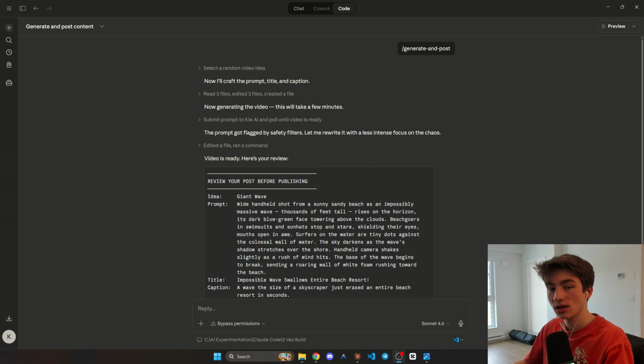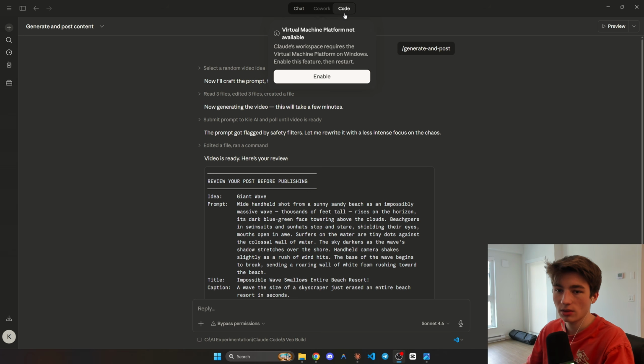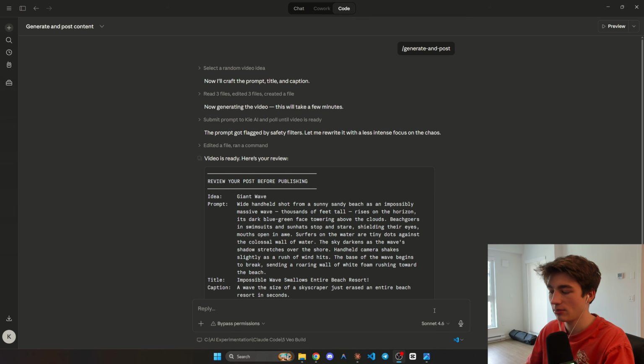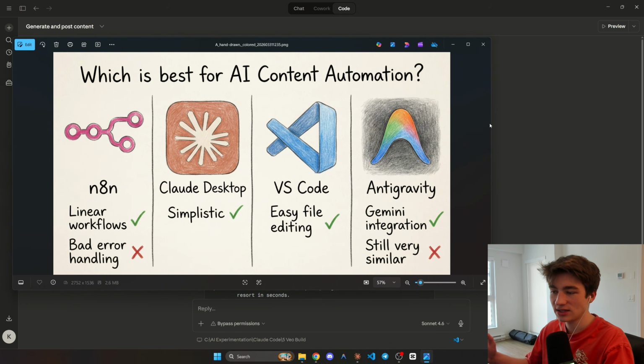Now, before we install anything, let's go over why we're using Claude Code in the Claude desktop app, which is this one right here, which is simplistic and made directly from Anthropic, and you have the little code button at the top here. So I have a diagram here which I made with AI, and you can see on the